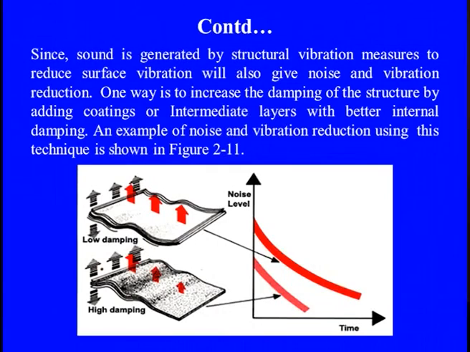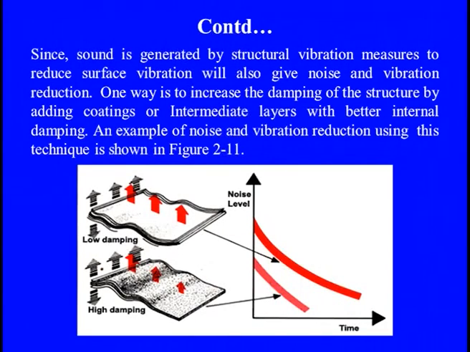And since the sound which is straightaway generated by the structural vibration can also be measured, reducing surface vibration gives a clear vibration reduction. So if we know that this is a solid media and it creates so much sound or less sound, in other words, more sound generation means more vibration features, less sound generation means less vibration features. There is also one more example to reduce the vibration level or the sound intensity,